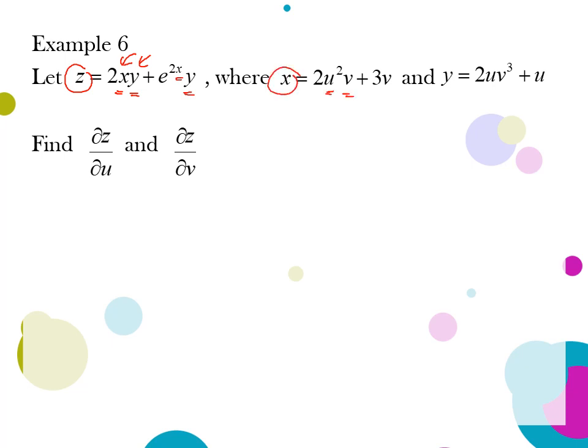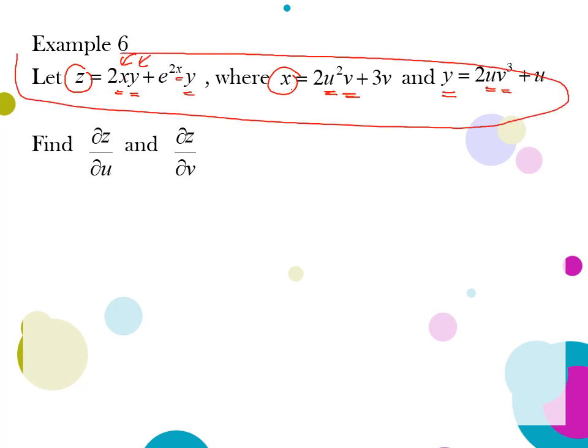So x is also a function. Okay, so in here it has function x, which is depending on the first variable u, and the second one is v. Okay, same goes to y. Y itself is a function where y is depending on u and v as well. Alright, so when you deal with these kinds of function, you can apply the chain rule in order to